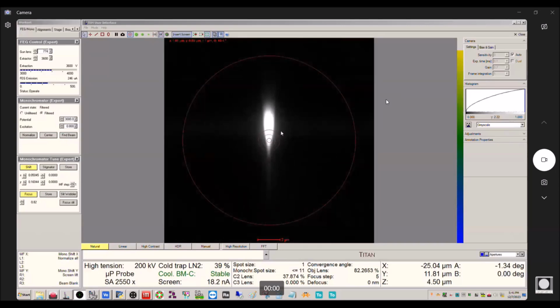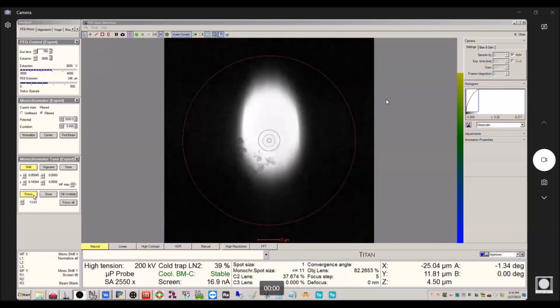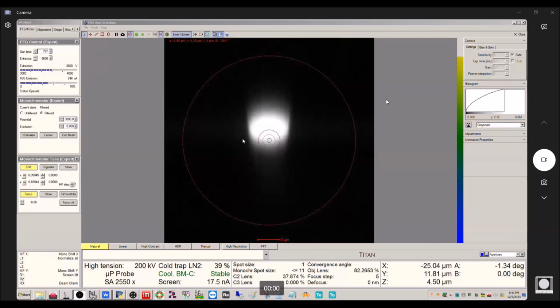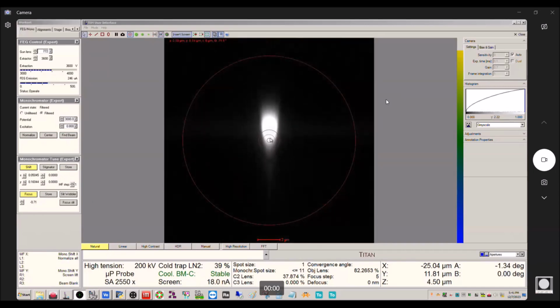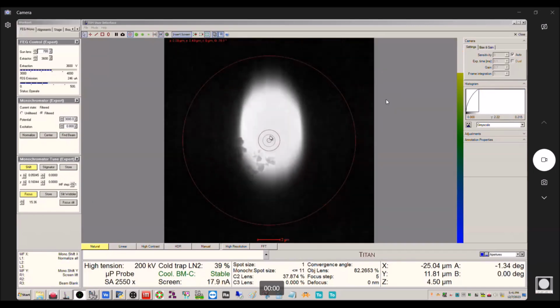And there we are. Okay, so now we can see as I adjust the monochromator focus. So now we can see what's happening here. Okay, so you can see in the middle here, I have this kind of circular. It's not quite circular, but it looks circular, right? And you can see as I move away from that, it gets diffuse, right? So right here in the middle, this is where I have my zero loss electrons, and as I move away, I have my electrons that have experienced some energy loss. Okay,